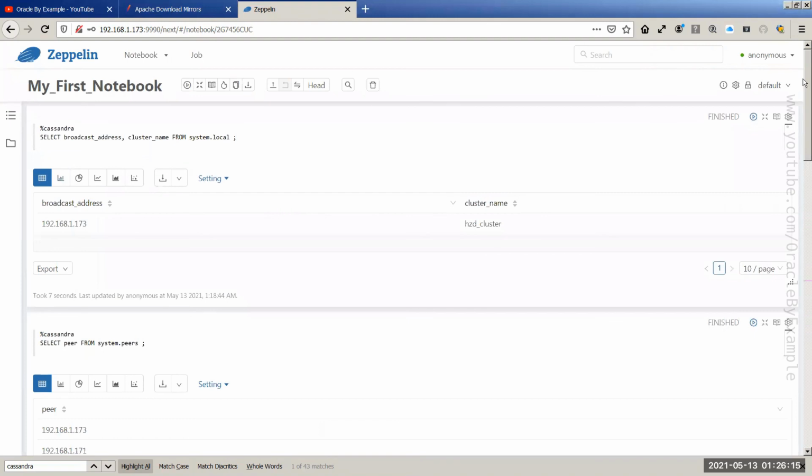In this session, we were able to download, install, and configure Apache Zeppelin. We were able to configure Apache Zeppelin to connect to our Cassandra cluster and Spark cluster. We also verified that we can use Spark Cassandra connector to run a Spark job to connect to our Cassandra cluster and perform some operations. Apache Zeppelin is a wonderful web-based notebook and hope you like it.